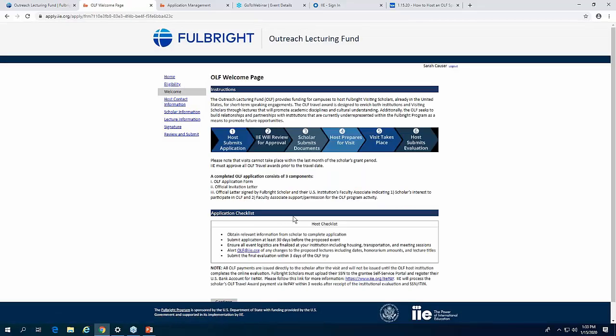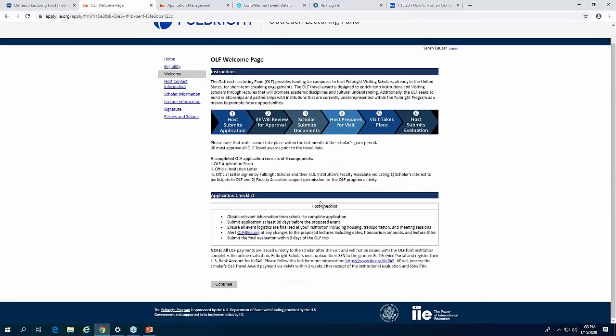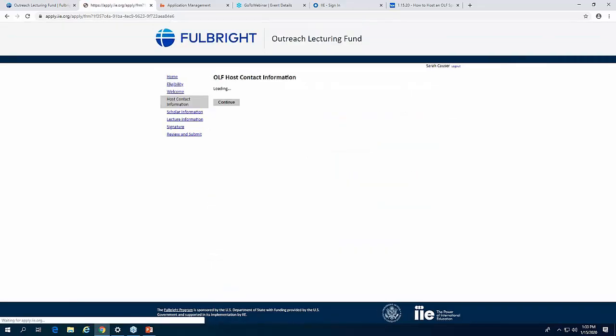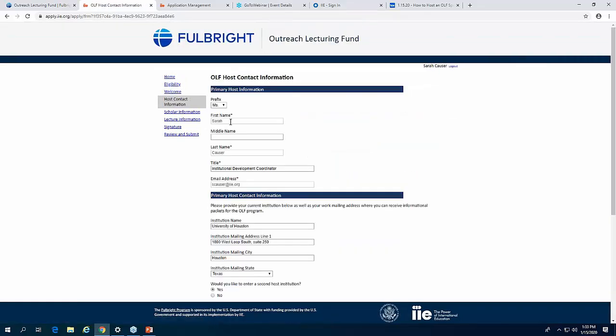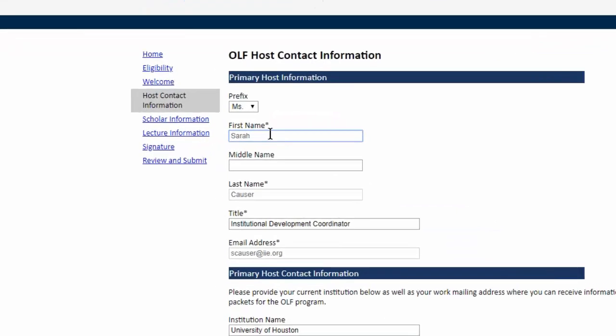It will then take you to a welcome page walking you through how to submit the application. All of these instructions are also found on our website. So I'm going to hit continue here as well. And then it will take me to my OLF contact page. When I registered an account, I had to register a name. And so as you can see, this is grayed out. I can't backspace it at all. So my first name, my last name, and my email are all grayed out because these are associated with your account. Now in your account, you can change your name, you can change your email, but you have to do that on the account page.